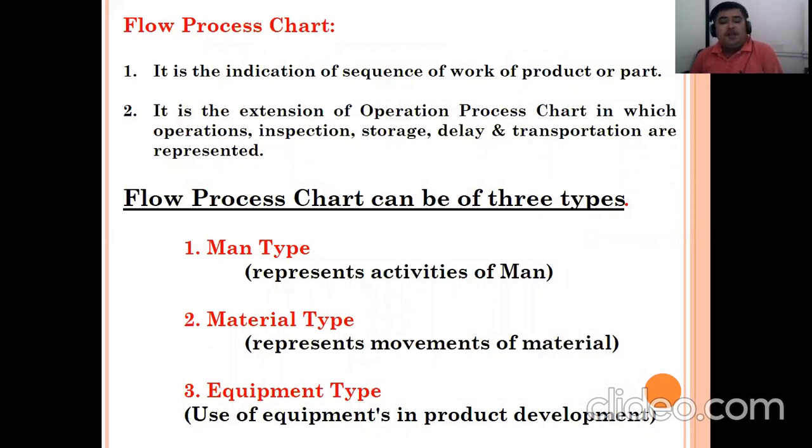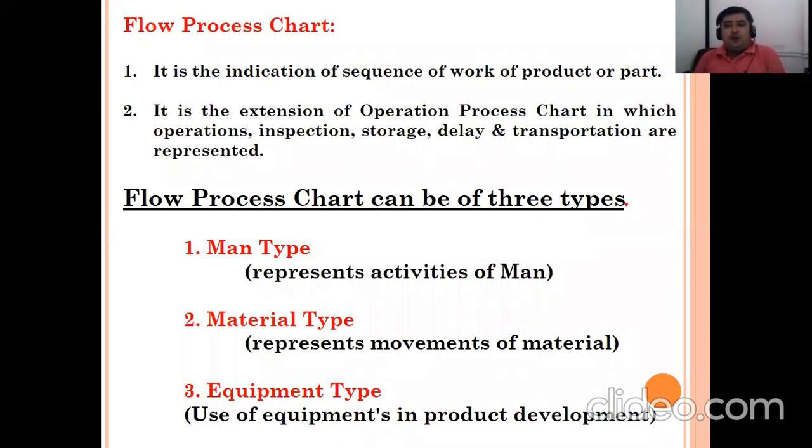Then material type. In that, we look at how materials behave, what the material activities are. In general, if we look at what materials are doing, after cutting, material is stored in the cutting panel, then it is moved from cutting to the machine, then on the machine it is stored.